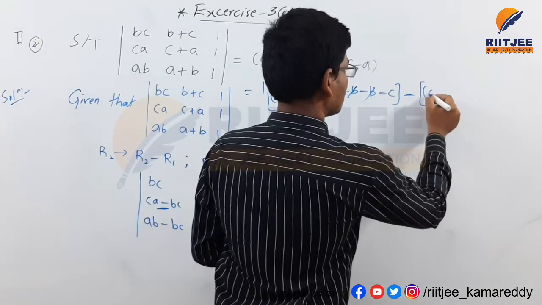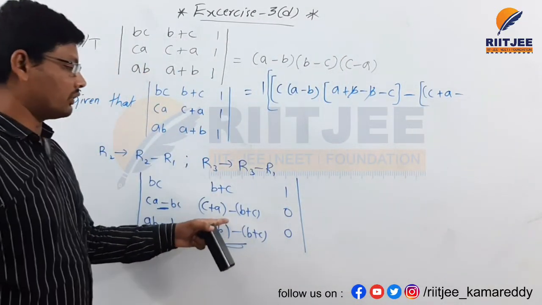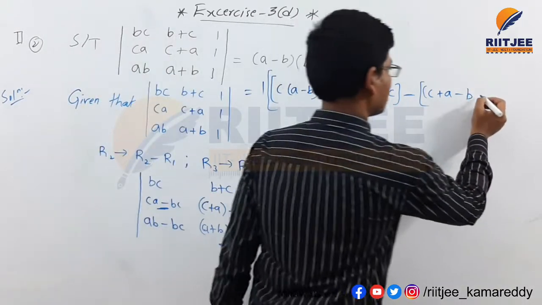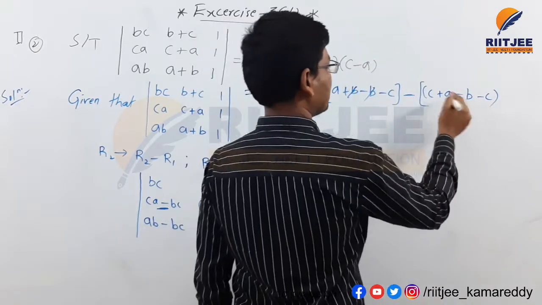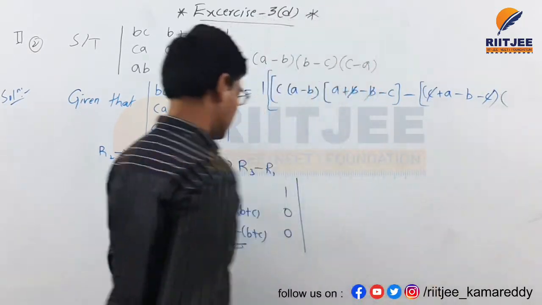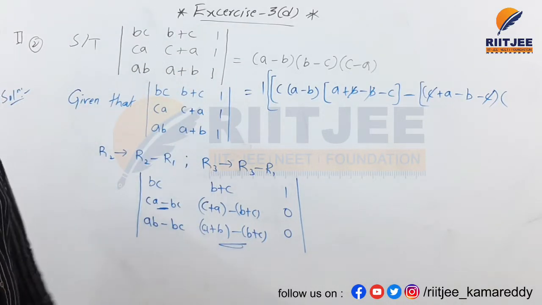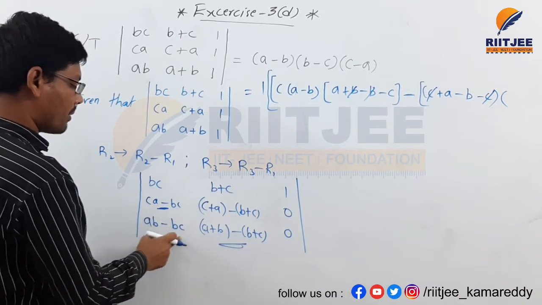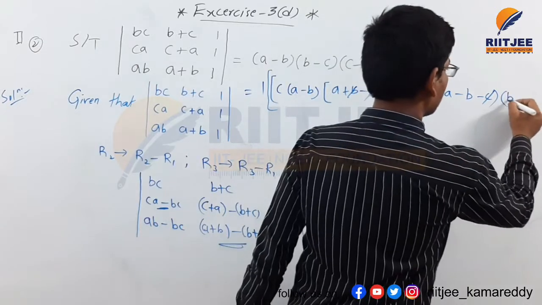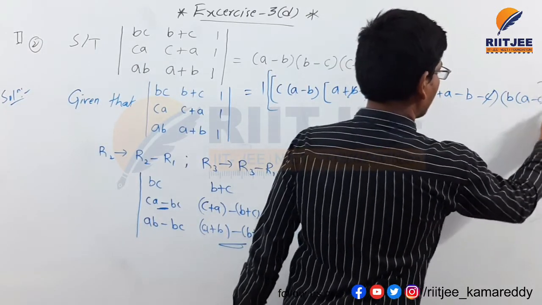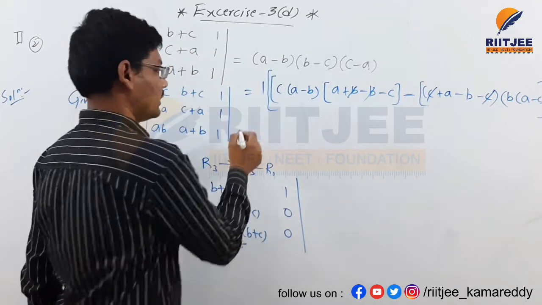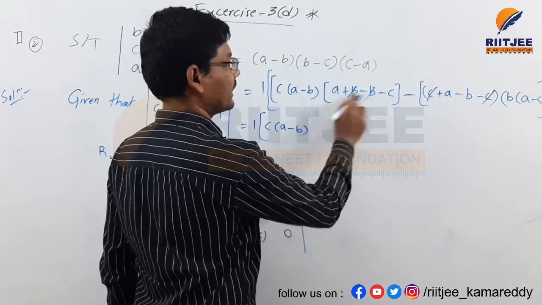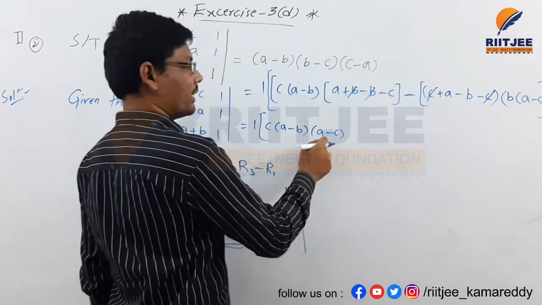In that similar way, I am writing this value here, C plus A, I am removing the bracket for this one, plus into minus, and plus into minus. So here plus C minus C will get cancelled into this value and this value. This is the value into AD here, B as a common here. If you take B as common, B into A minus C. This is the final expression for this one, and let's multiply 1 into here C into A minus B and here A minus C.